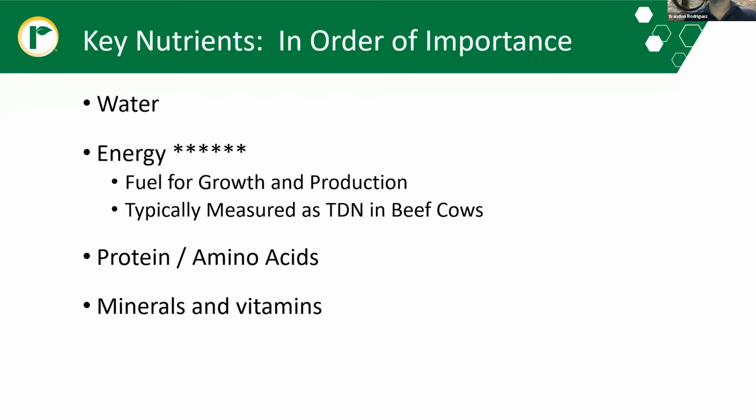So followed up by minerals and vitamins. These are things like calcium, phosphorus, zinc, copper, and then obviously vitamins A, D, and E. These play a big role in enzymatic processes, metabolic processes, immune function. They're important for growth, lactation, reproduction. So that's the order of importance of these nutrients, and we'll hit on all of these